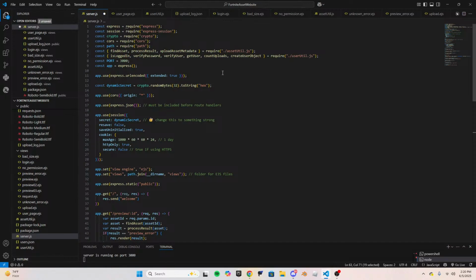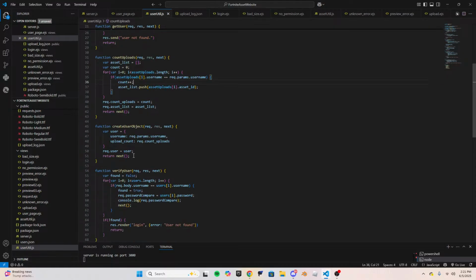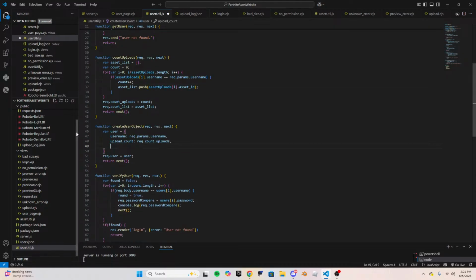Let's import that from asset util. And then we'll run that function, create HTML asset list. Cool. Now I need to update the create user object to include